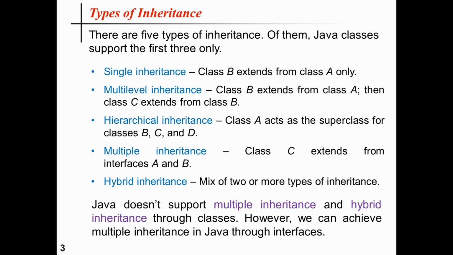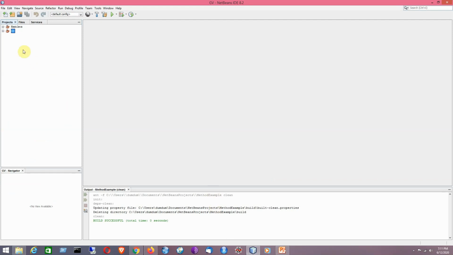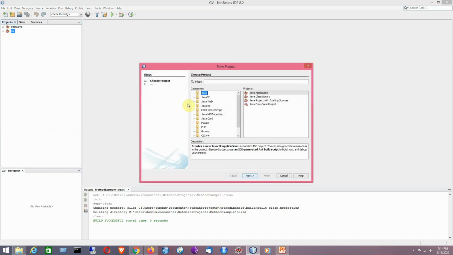Now I will move to the demonstration part, which will be done using the NetBeans IDE, one of the most popular IDEs for Java programming. First I will create a Java project. It is a Java SE project, Java Standard Edition.